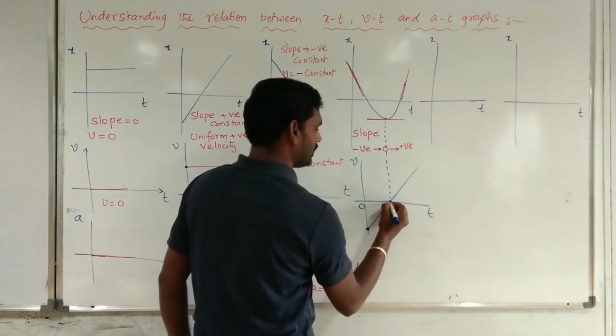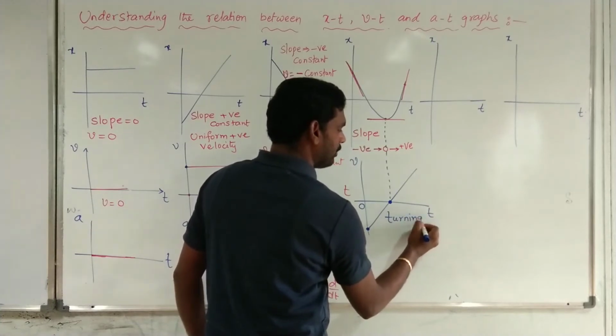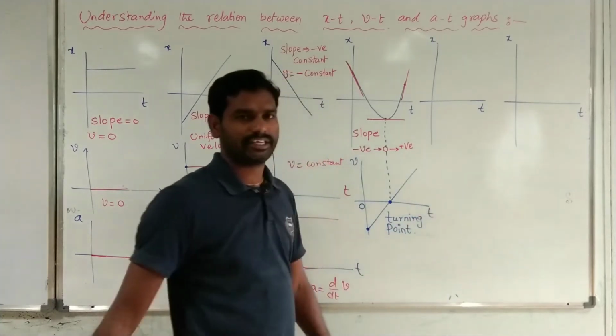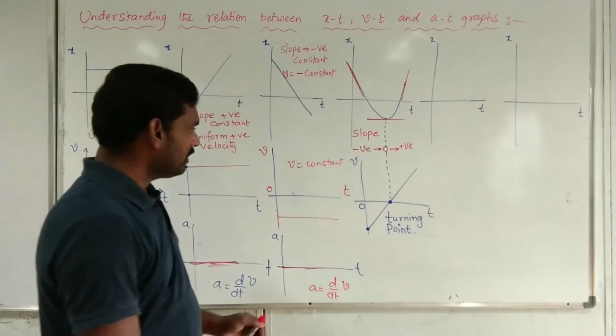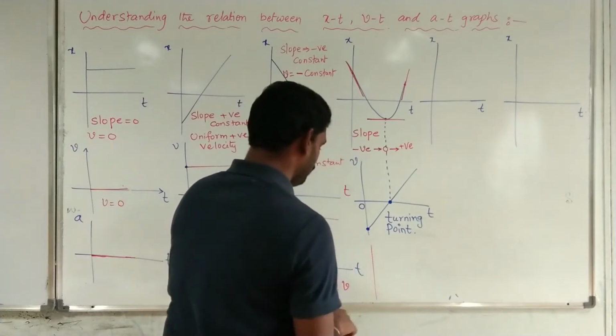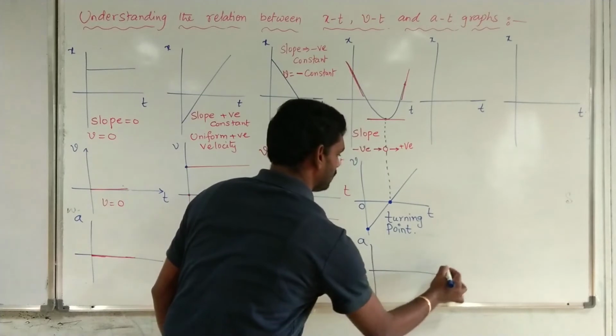So this point we call the turning point. Turning point is the point where velocity is equal to 0 instantaneously. Okay. The respective at graph for the above vt graph is...